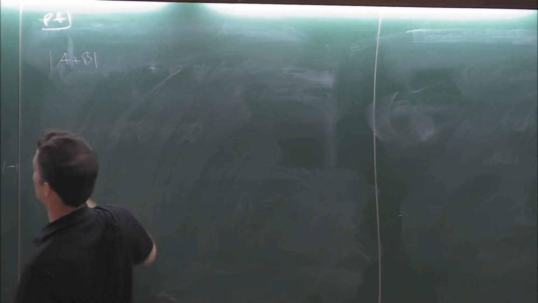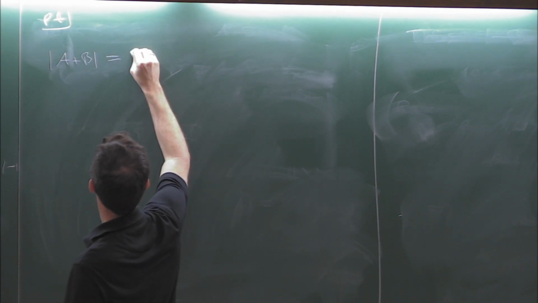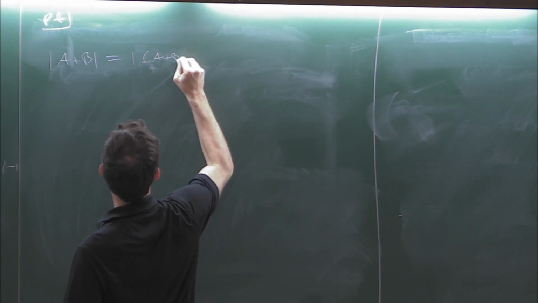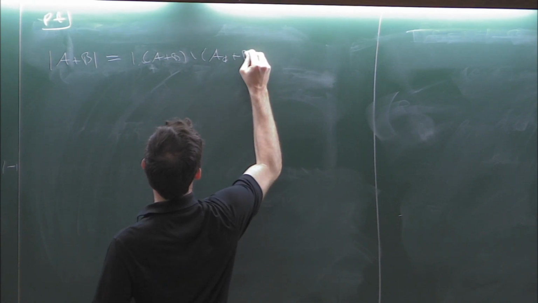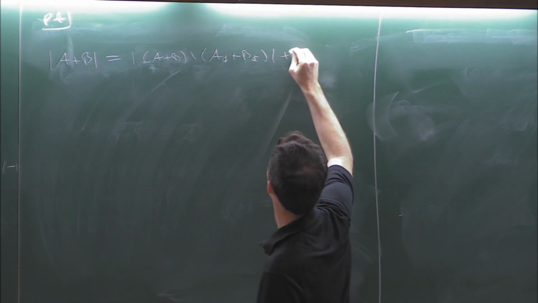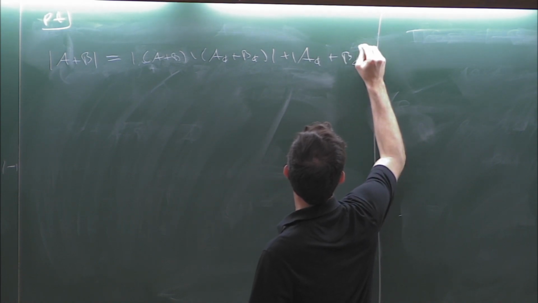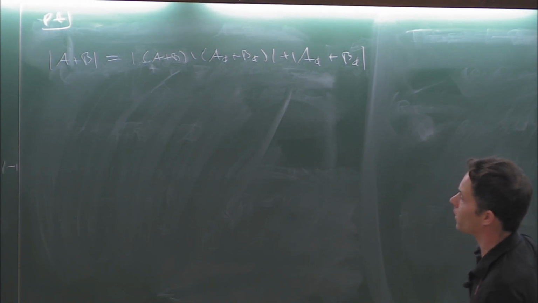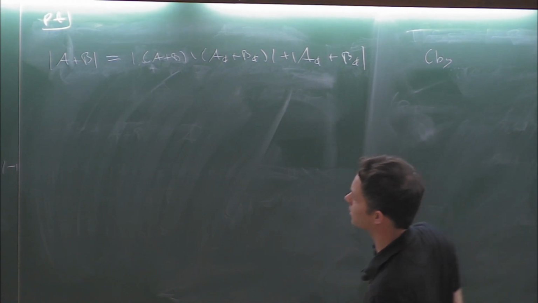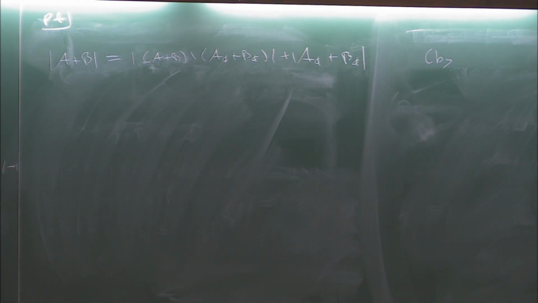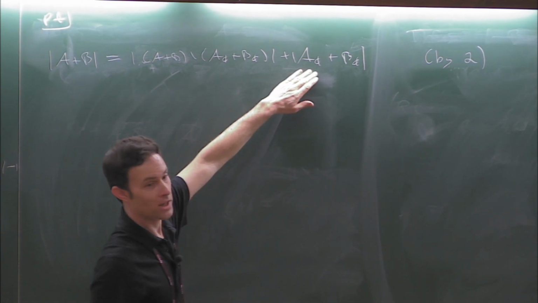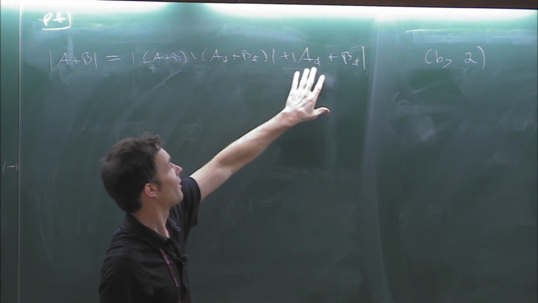Let's look at the size of A plus B. This is equal to the size of A plus B minus A naught plus B naught, plus the cardinality of A naught plus B naught. Why? Well, we're using the uniqueness assumption. All right, we know this has a unique expression element, so everything inside this H coset is only